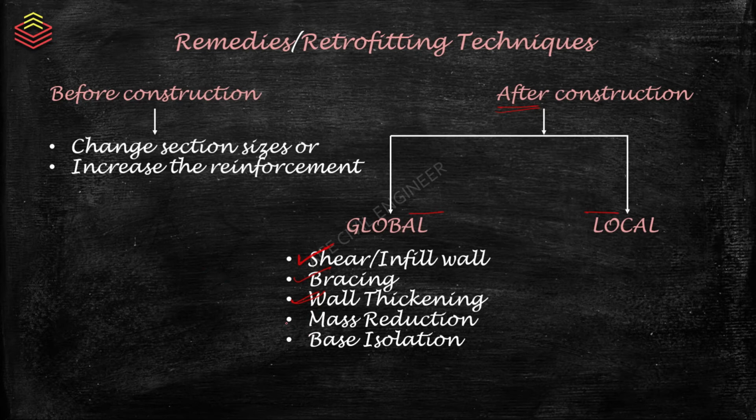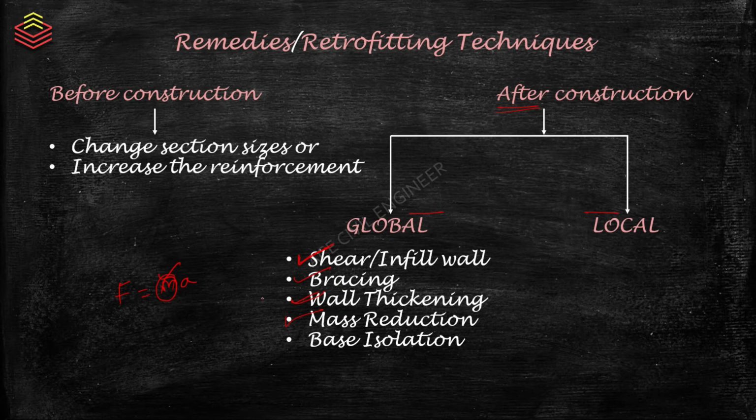Next thing is mass reduction. Why I am saying mass reduction is, friends, you simply notice that this strong column and weak beam concept is only told when you are designing it for earthquake resistance. So these all forces are highly necessary when a seismic force is coming into the structure. So how does a seismic force come? Seismic force is nothing but the inertia of the structure. F equals mass into acceleration. Here mass is nothing but the self weight of the structure, and acceleration depends on the seismic acceleration.